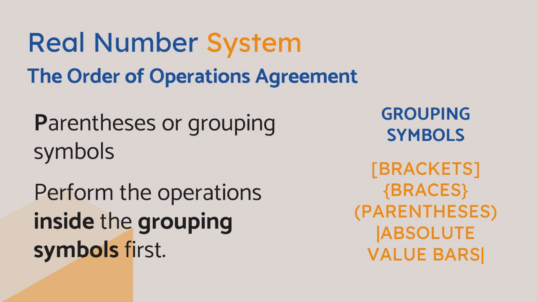Before you proceed with evaluating the expression, you need to perform the operations inside the grouping symbols first, whatever is inside. And in evaluating what's inside, you should use the order of operations for steps 1 to 3. We're going to talk about these steps as we proceed. But when you evaluate inside the brackets, you still proceed with these steps. For instance, in PEMDAS, when you evaluate inside the brackets, braces or parentheses, if there are